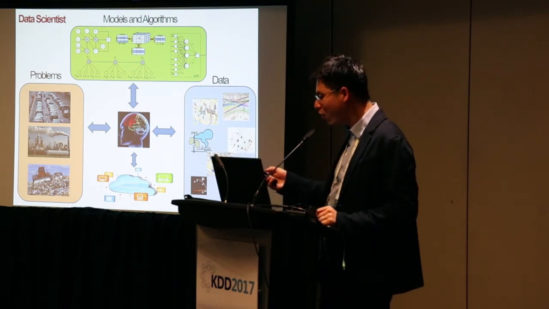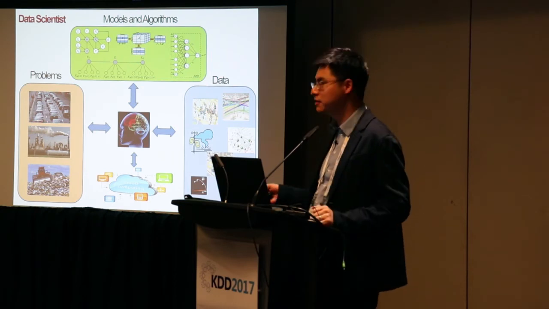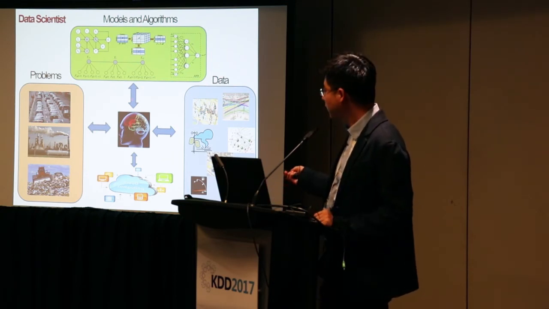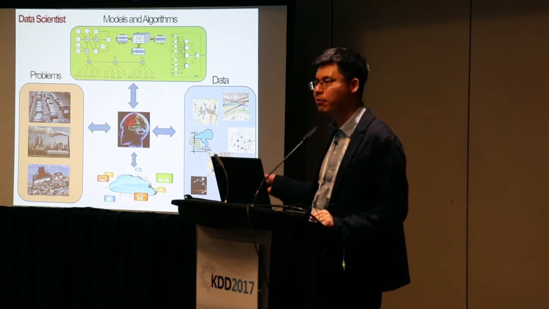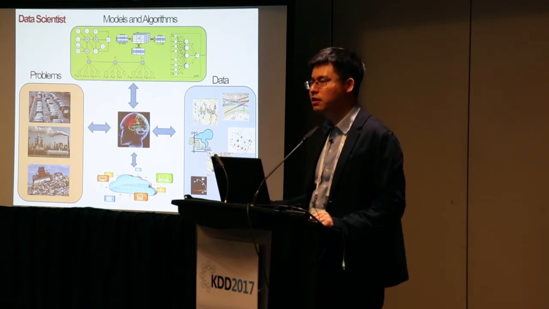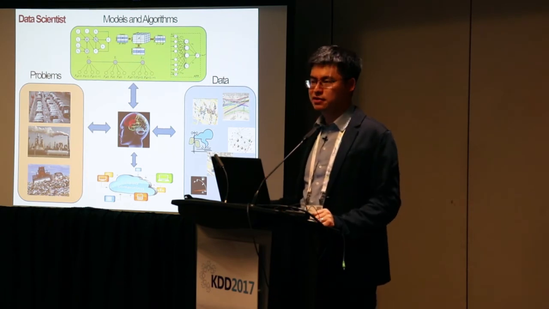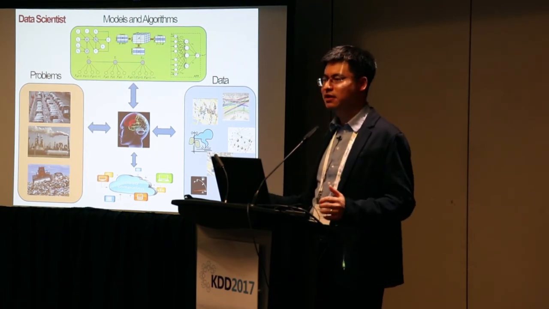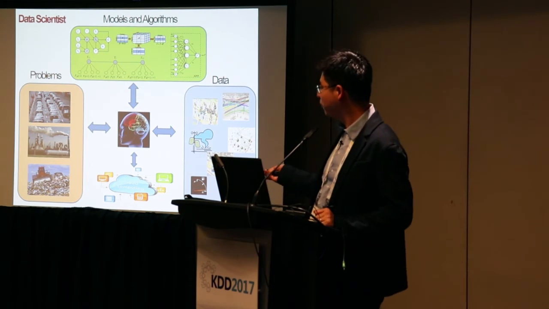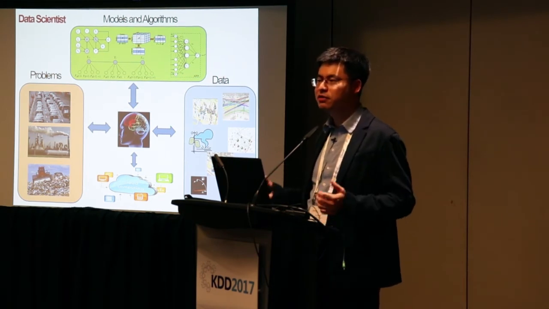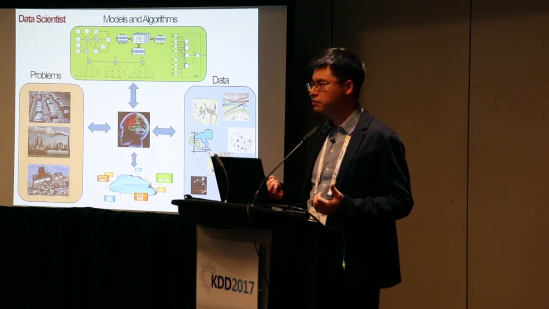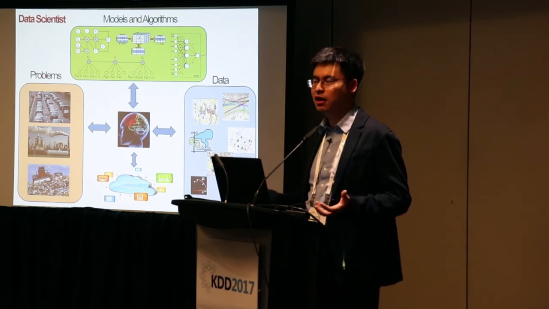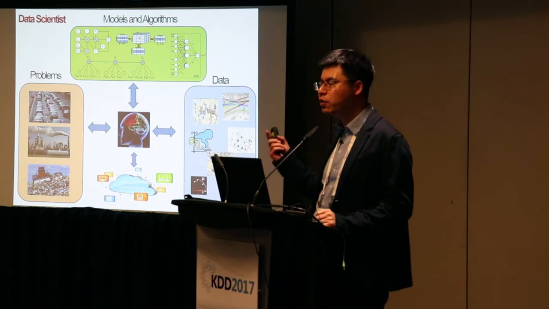More specifically, what should the data scientist be equipped with? First of all, they need to understand the problem itself very well. It's not necessary for a data scientist to be a domain expert, but for example, for the air quality project, we need to know what factors will affect air quality. If you don't know that, how can you choose a data set? And you also need to know